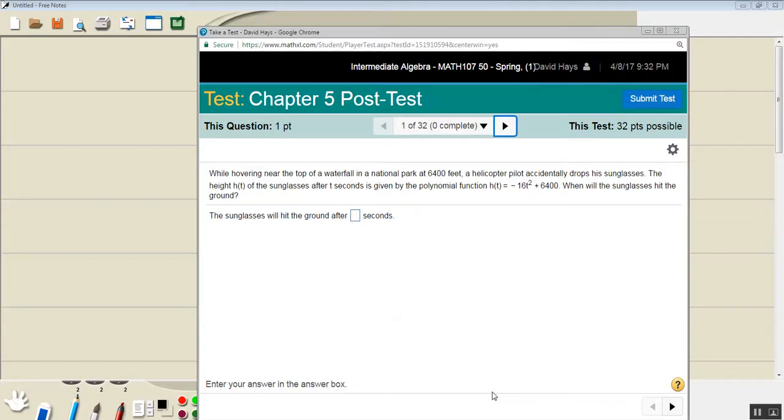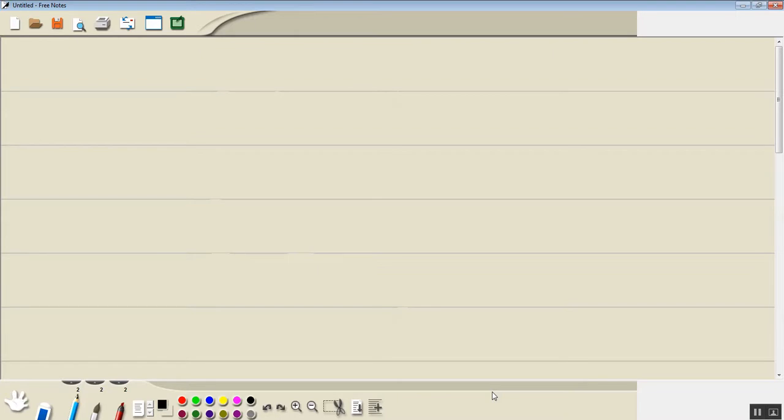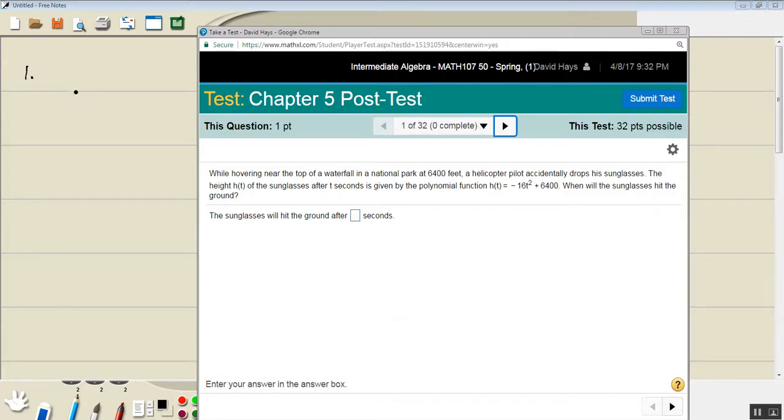Okay, let's take a look at this. Let's see. First problem says, while hovering near the top of the waterfall in a national park at 6,400 feet, a helicopter pilot accidentally drops his sunglasses. The height h of t of the sunglasses after t seconds is given by the polynomial function